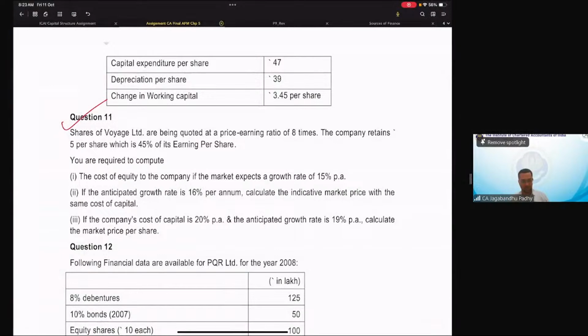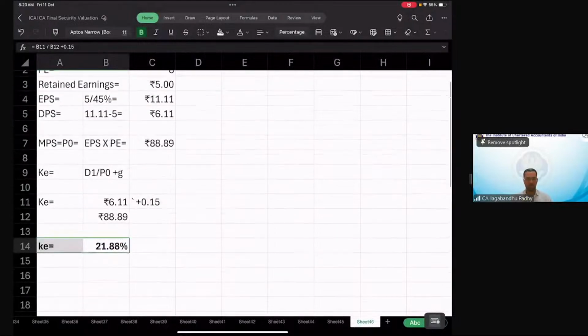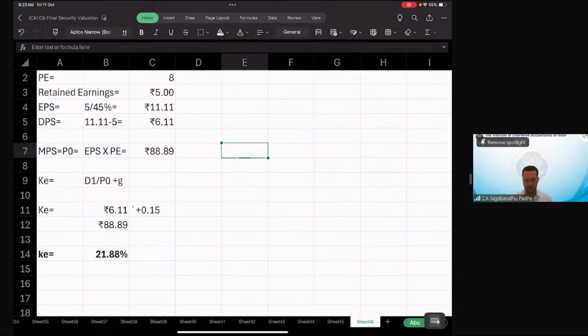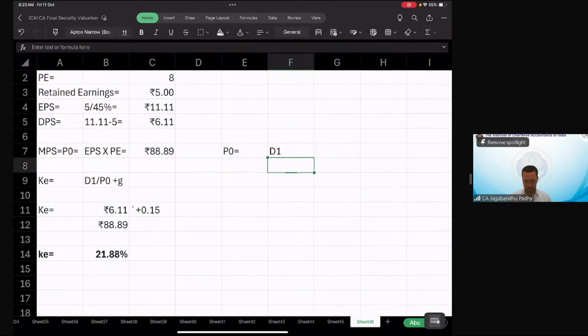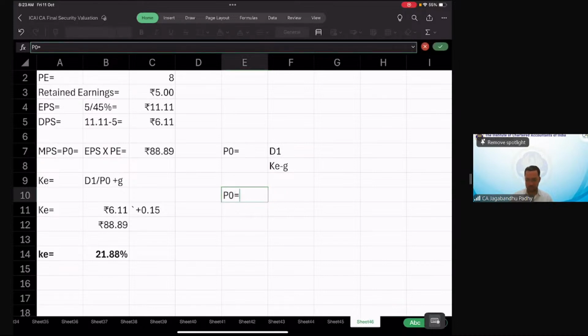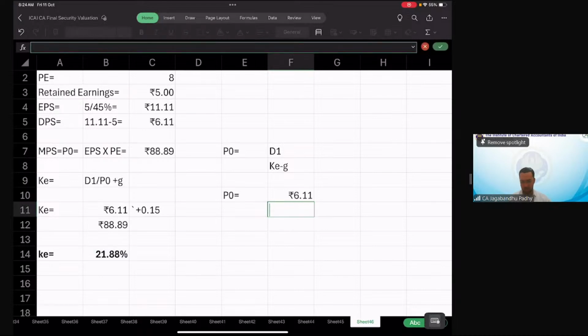Then the second is, if the anticipated growth rate is 16%, calculate the indicative market price with the same cost of capital. So with this same cost of capital, we want to know what is the market price. So we know P0 is D1 upon K minus G. Now again over here, we are assuming D1 to be 6.11 and of course K is 21.88. So it will be 0.2188 minus